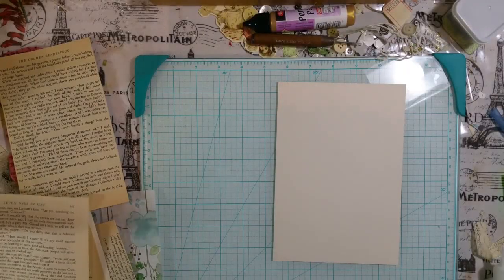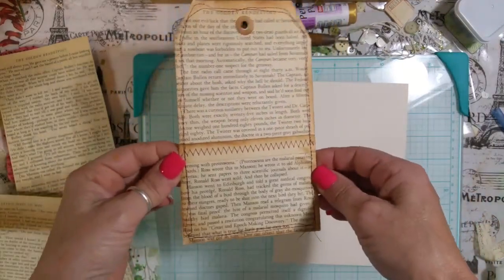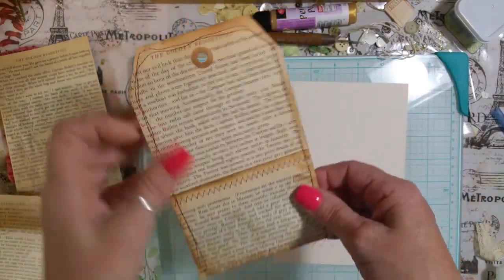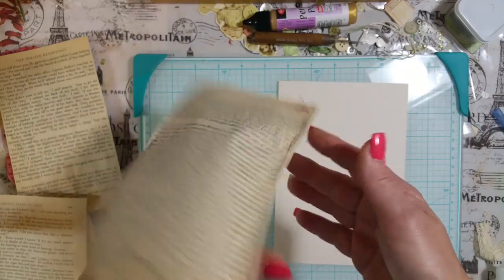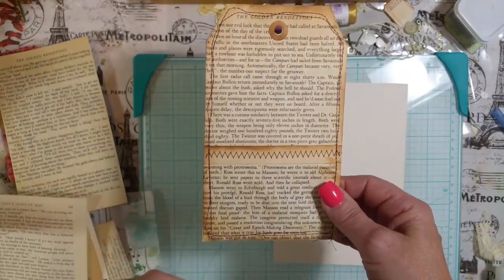Hi everyone. I'm here to do a little tutorial on my tags and pockets I was doing. First of all, Patricia has a video on YouTube, a tutorial on how she makes her tag pockets. These right here. And I followed her tutorial and just made these little guys, and I will link her video below so you